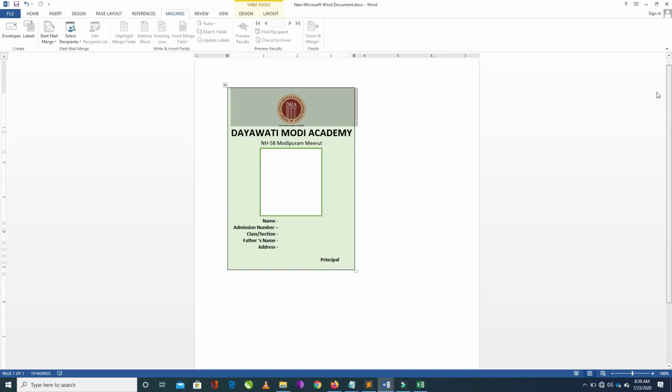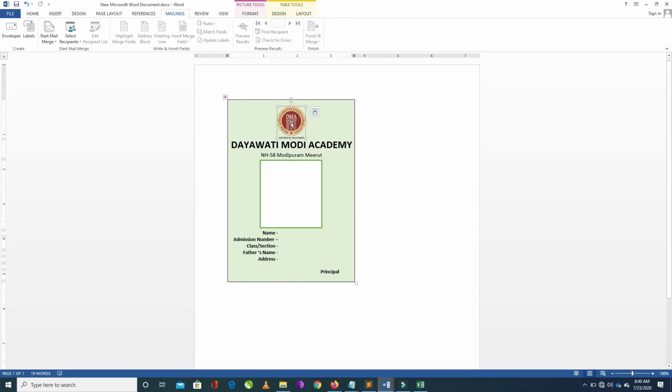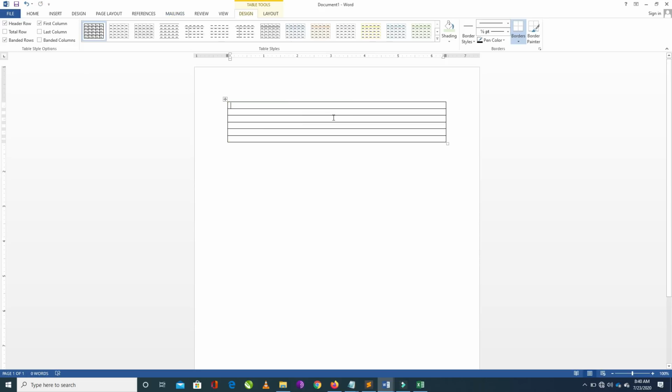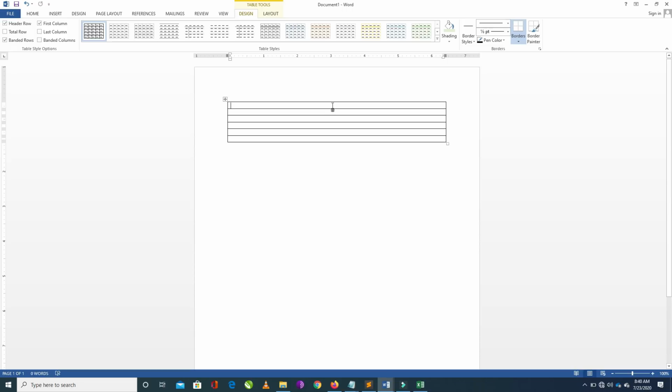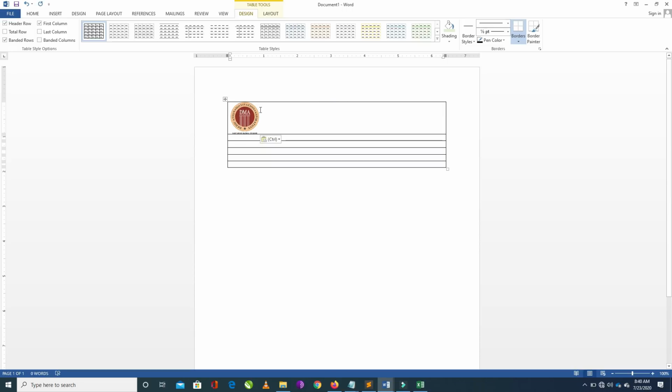You can copy this logo, or you can directly insert it from your computer. I am going to copy this logo from the existing design. Copy and then paste. This is in left align, so I am going to center align it. Now this logo is in the center.